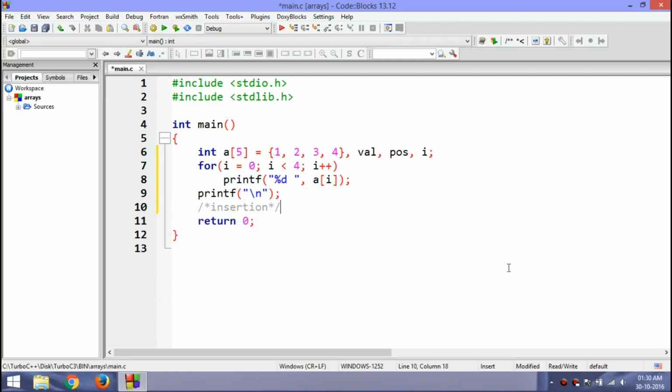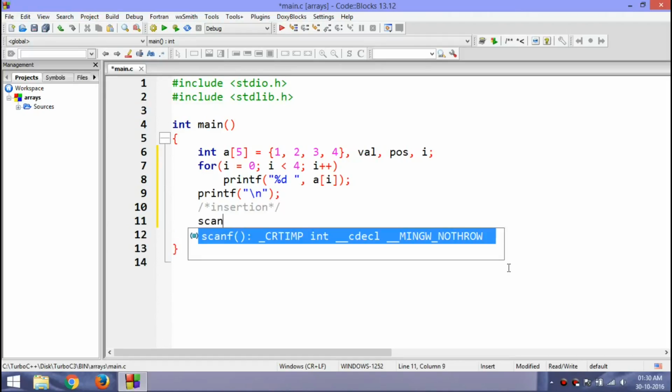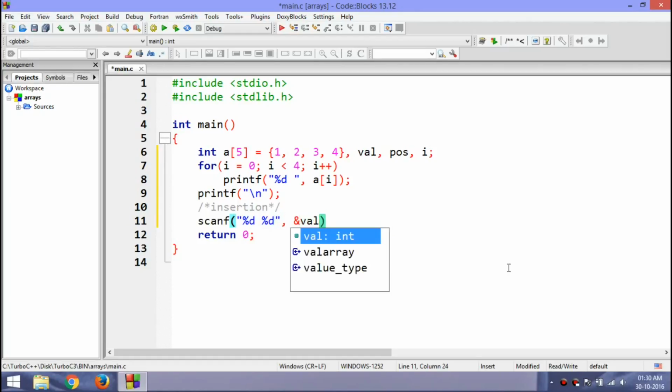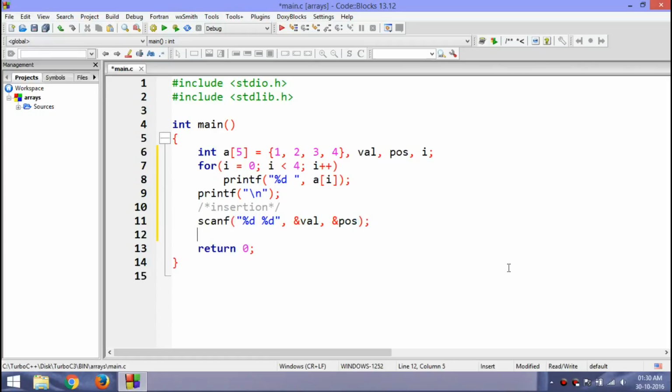Now from this line onwards, I'm doing the insertion process. In insertion, I need to first have the values of the two integer values, which are val and pos. Then I need to run a loop.